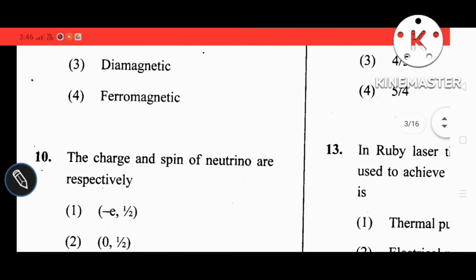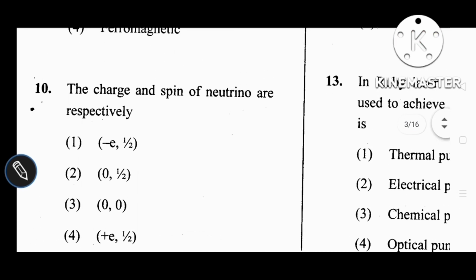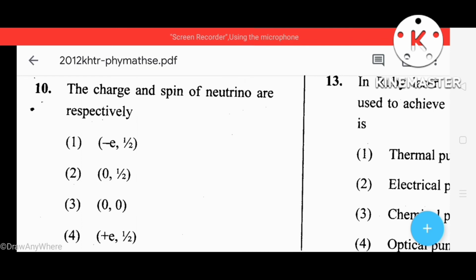10th one, the charge and spin of neutrino are respectively. You are given 4 options here. The correct one is here 0. The charge is 0 and the spin of the neutrino